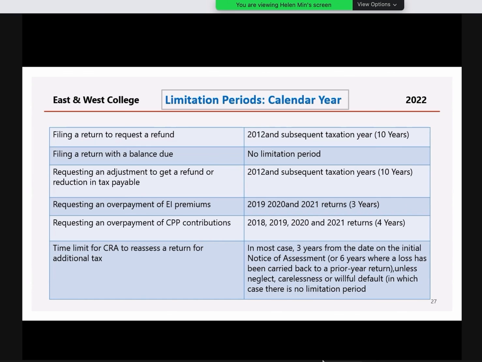This is what I said: I want you to keep your records for 6 years. CRA says to keep your records for 6 years, because whether you do an electronic return or a paper return, they don't need you to send your original receipts. You keep those receipts. Every year, you just use that photo, like I showed you. This one is 2022. Then I also have something here.